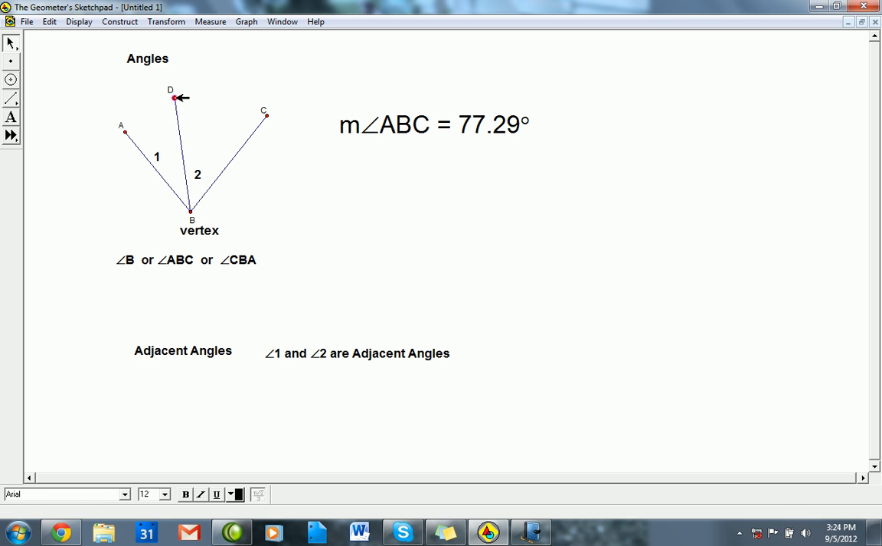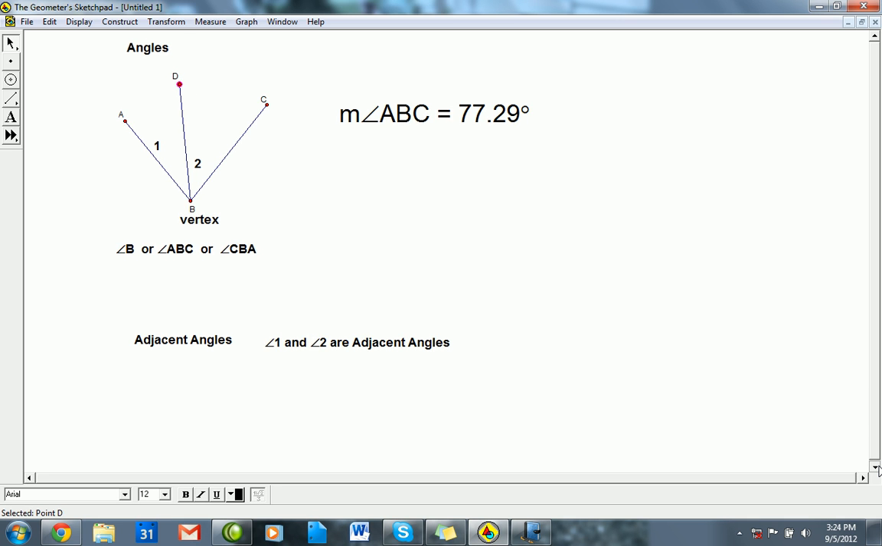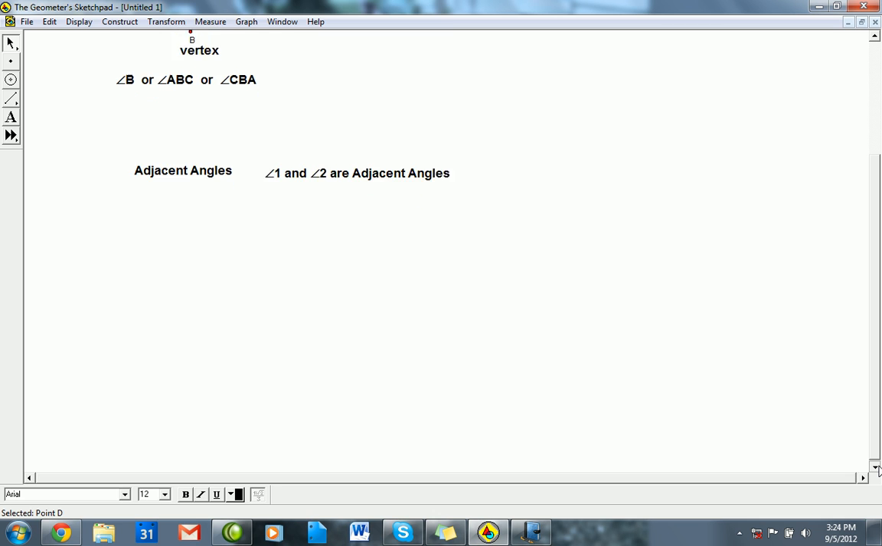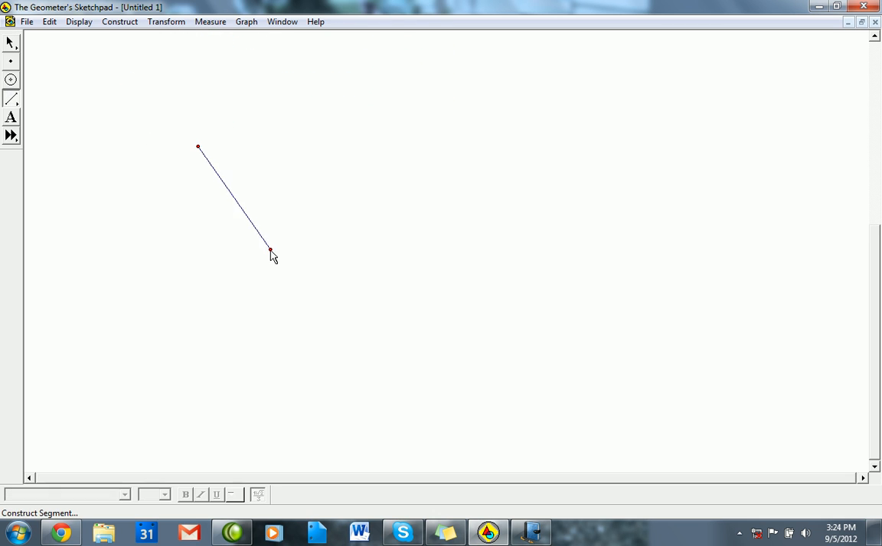When we have two adjacent angles, actually let's start a new sketch. Scratch that. So I'm going to create an angle here. Any old angle. I'll give it some letters. It looks like we're going with EFG. How about that? And one thing we can do to an angle, just like we can do to a segment,